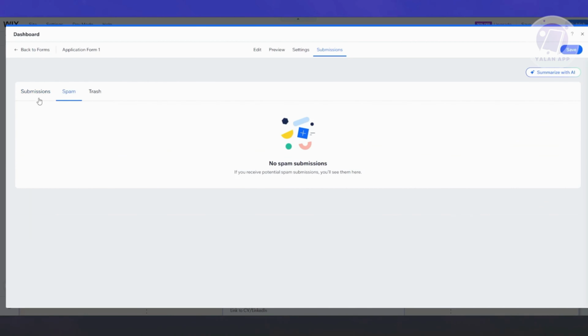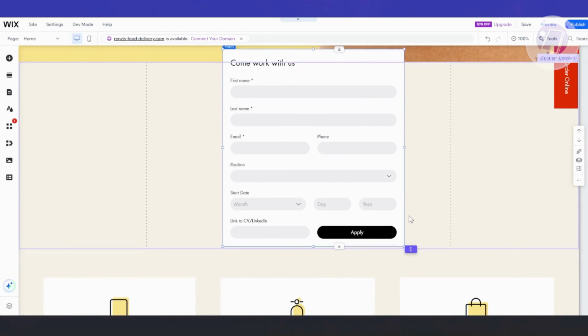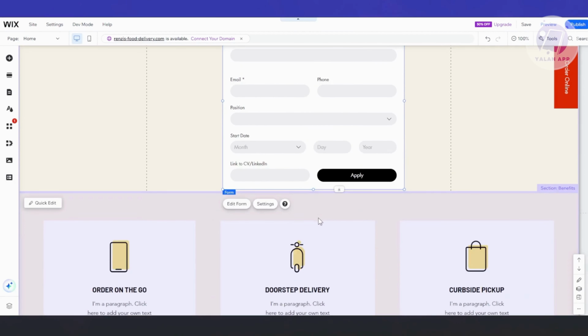So you have your submissions as well. If you go to submissions, the spam that you receive, your trash, just in case you delete something. But once you're done, just click on save at the top right here to save your changes. So yeah, that's how you add forms here via the Wix way, which is something really cool because they